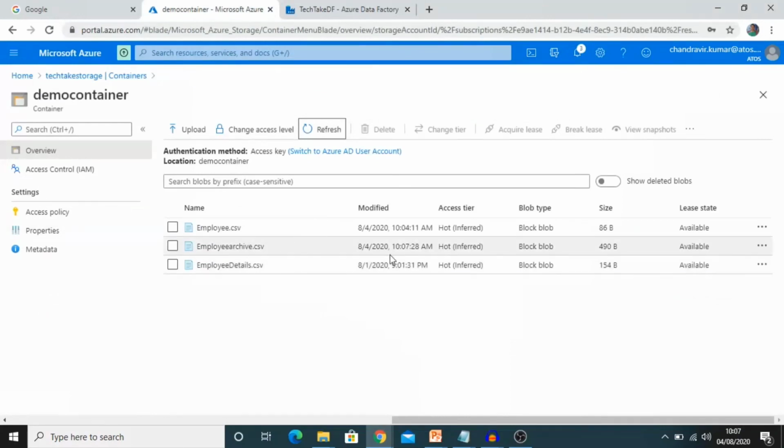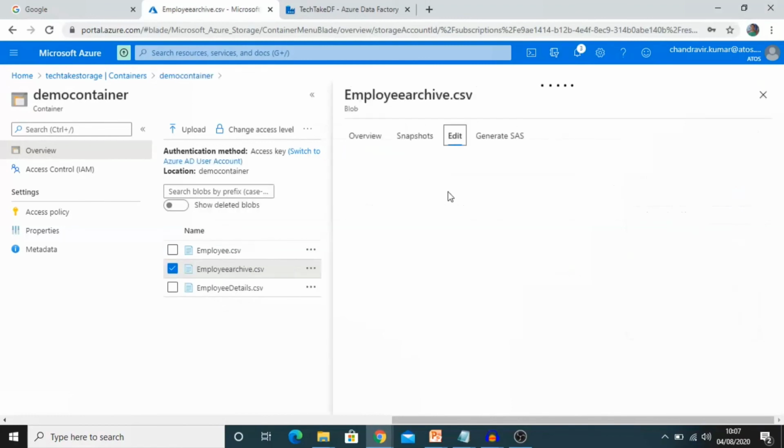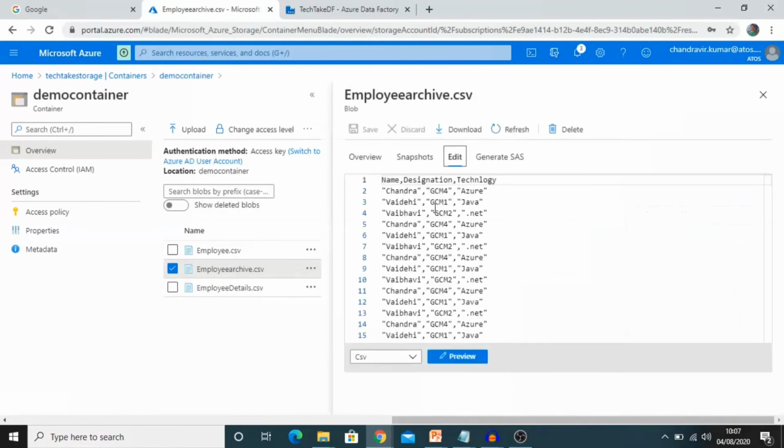This is the new file. And if you see this, we have not configured the table name internally one by one, but as we passed the table name employee details for both the tables through the pipeline, the data is from employee details. You can see the employee details data in this new file.